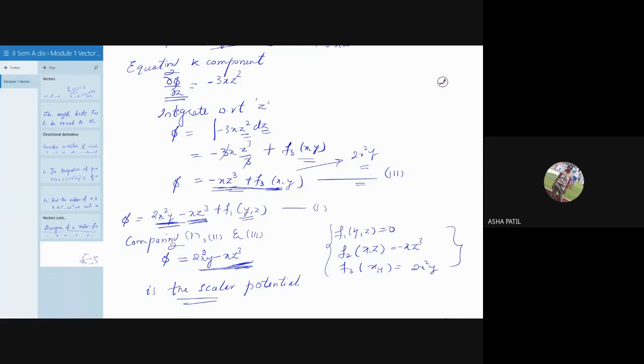It is a little bit lengthy procedure. Usually they may not ask such lengthy ones, but still you should know the procedure. I think we are much out of time. I'll share the homework examples in the WhatsApp group. You can try those.